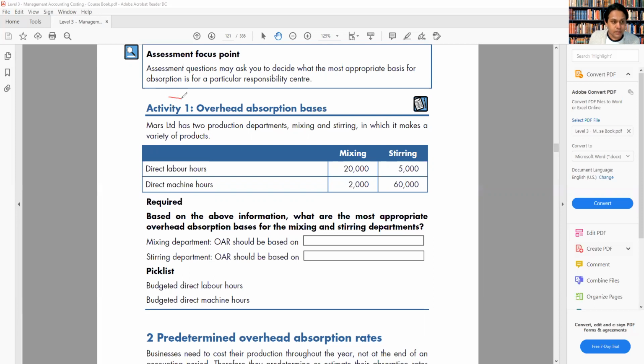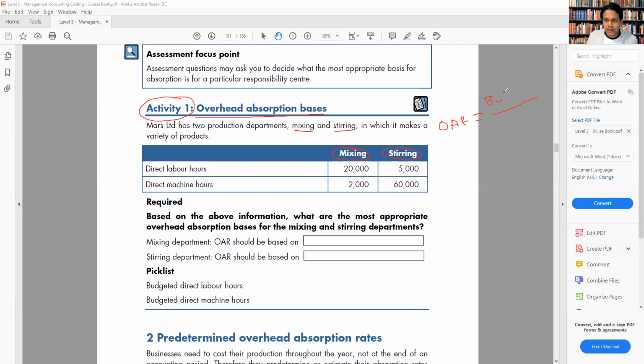Let's try that. Activity 1, overhead absorption base. So Marks Limited has two production departments, mixing and string. In these departments it makes a variety of products. So we have two departments, M and S. Now, be very careful. As I said, when you calculate the OAR, overhead absorption rate, the top we already know